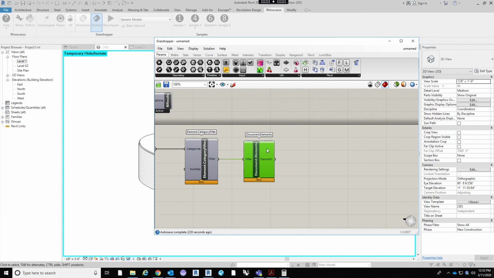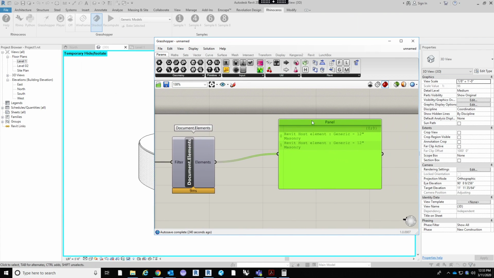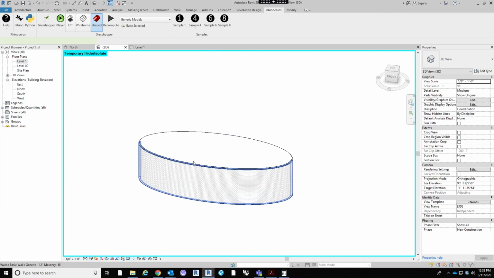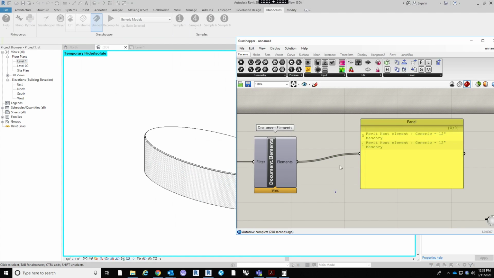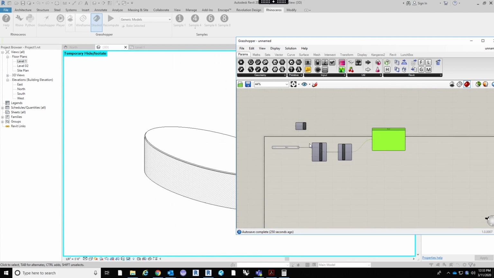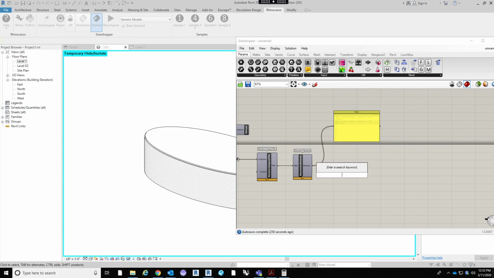And then this filter actually breaks it down into, if I do a panel real quick to show you, it breaks it down into all of the different elements of that specific category. So it breaks down all of the different walls. So right now, all we have are two walls in here. We have this half and this half. All right, so that's how we isolate different elements. And then if we go in and do element geometry,